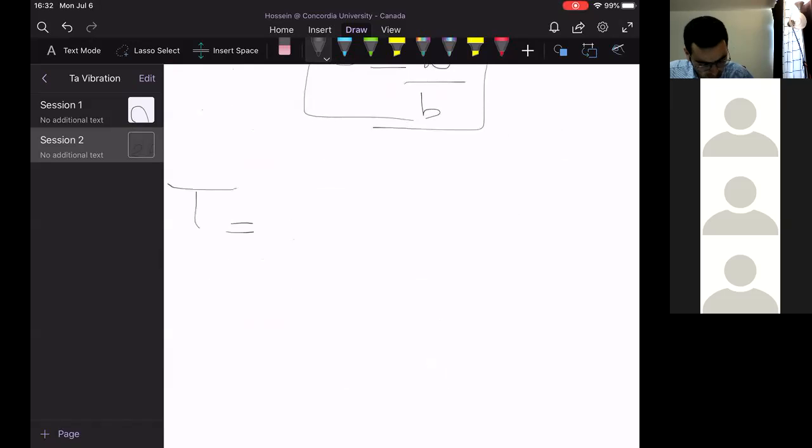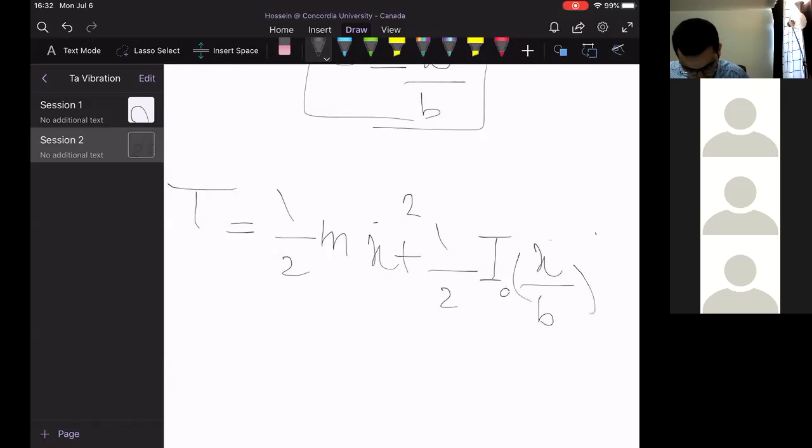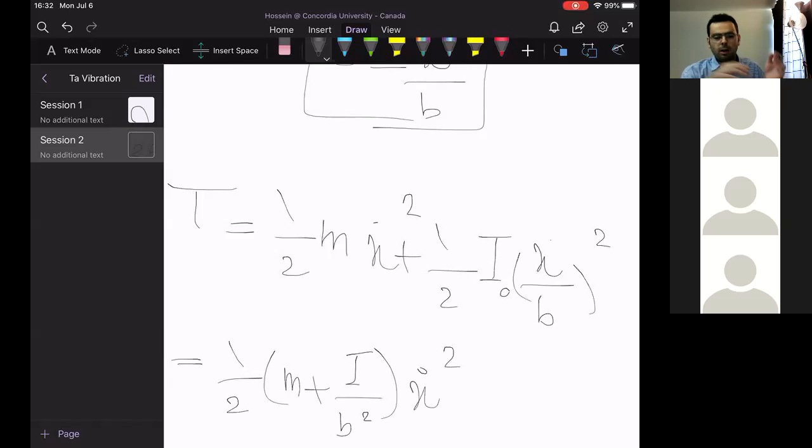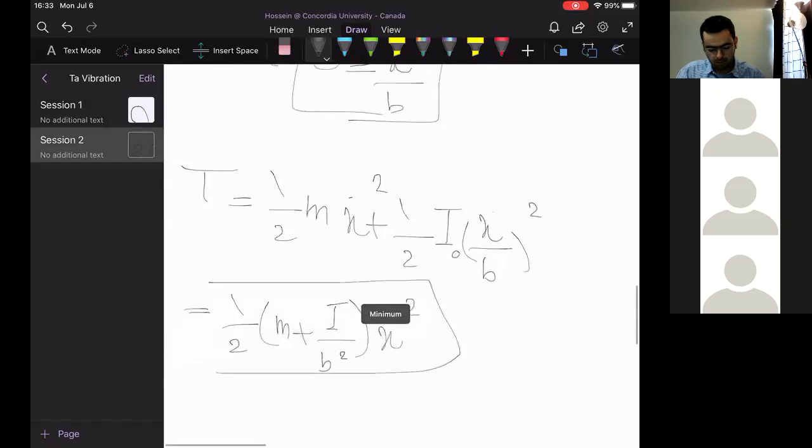Therefore, the total kinetic energy T would be 1/2 m x dot squared plus 1/2 mass moment of inertia around point O times (x dot over b) squared, which is equal to 1/2 (m plus I over b squared) multiplied by x dot squared. In the previous semester, I noticed that all the students just gave up as soon as they reached this point, and they said this is the final answer. This is not the final answer, my friend. You have to write